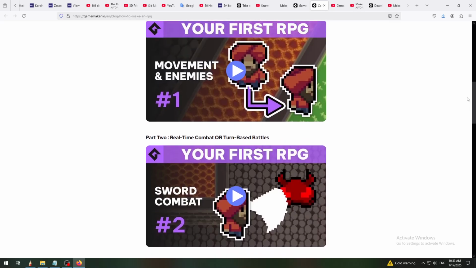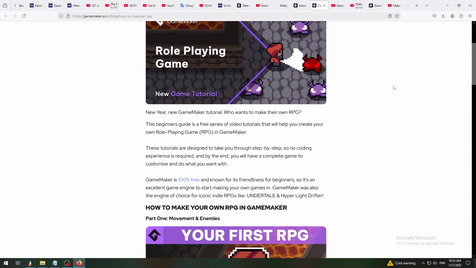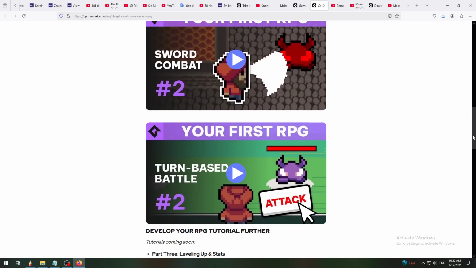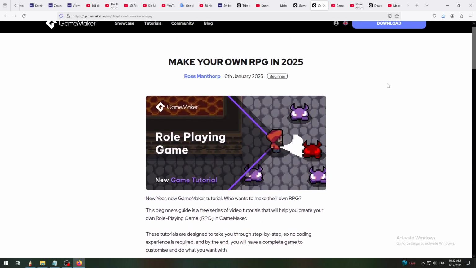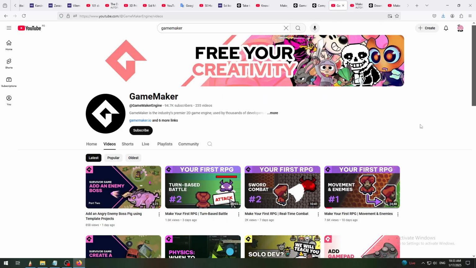It says that this is user friendly in terms of beginner friendly. You don't need to code or have coding experience, but again, check it out to see if it fits you. Lots of people want to make role-playing games and ask for those tutorials, and this is brand new, so it should be covering new stuff and new game engine features. If you're using older game engines, maybe you will get some kind of problems. So the latest, I guess,